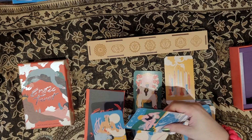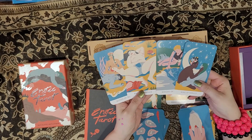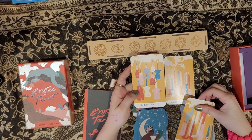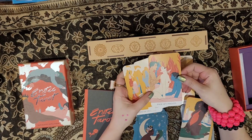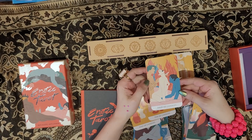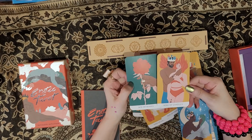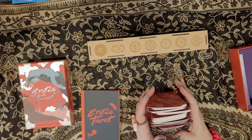So kind of, I guess, erotic. But, I mean, not all of them are. Nine of Candles. 10 of Candles. Page of Candles. I don't know that this is the best representation of a page of candles, but sure. I don't know how I feel about these ones, but this one's kind of neat. King of Candles. I guess depends on the type of reading that's being called upon, but